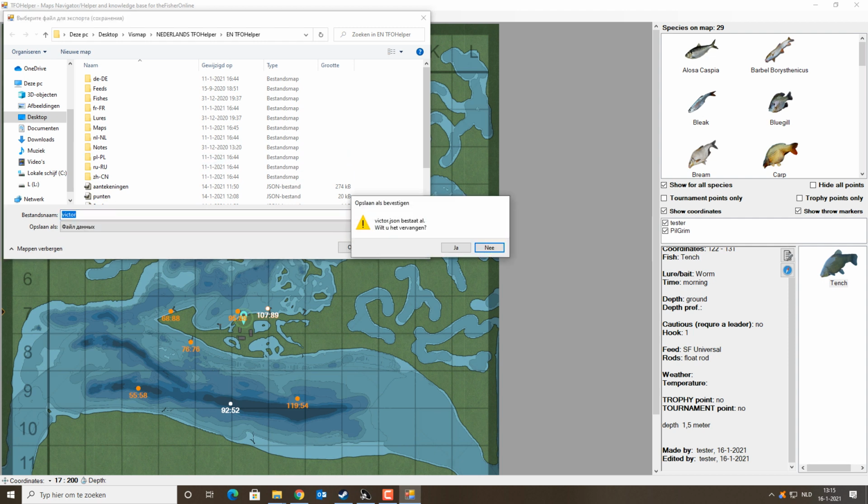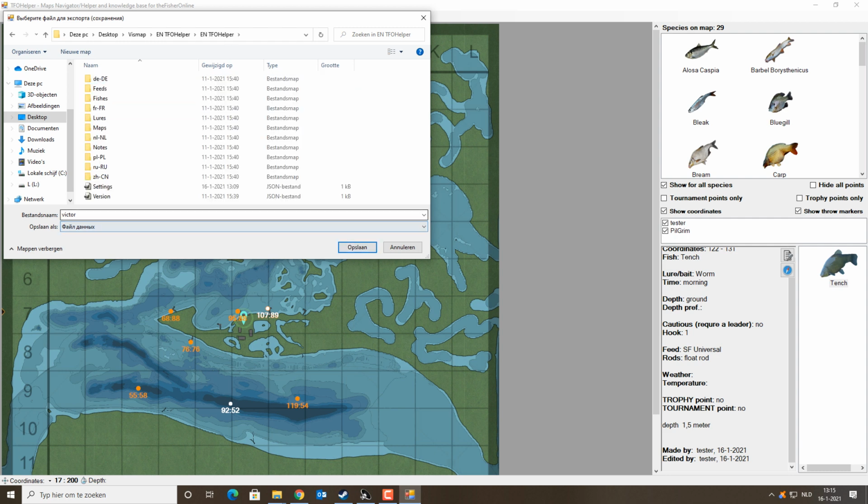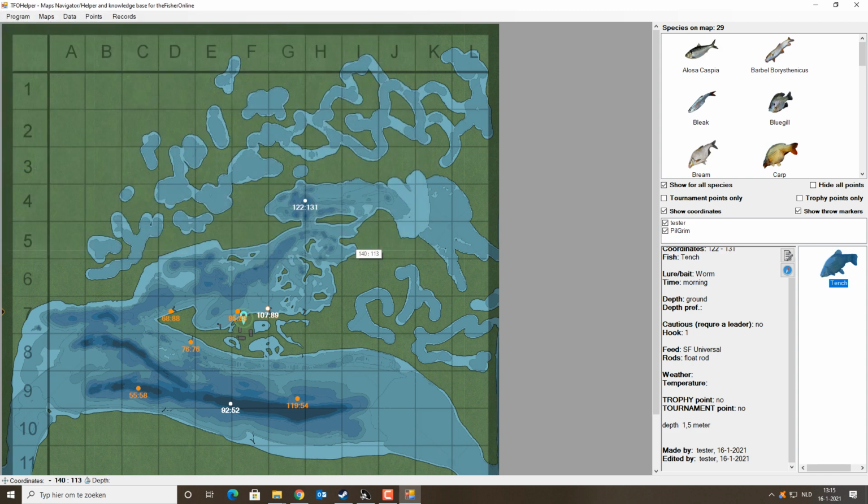Jason. It already exists. Oh, wait, I make a mistake. I'm in my Dutch version. I have to go to English. I can export it to my English TFO helper, and the beauty of it is I can share it with my friends. So I can send it through email or through internet,